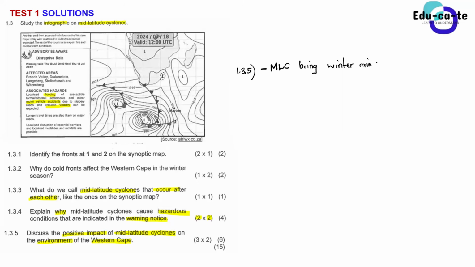What does the winter rainfall do for us, Sam? What's positive about it? The positive effect of winter rainfall, sir. Like it brings a lot of rain, which will help that rivers can be filled, but it's not a dangerous rain. Exactly. So the winter rainfall can fill the rivers. That's one positive thing. Or you can say the winter rainfall can be used to grow winter crops.